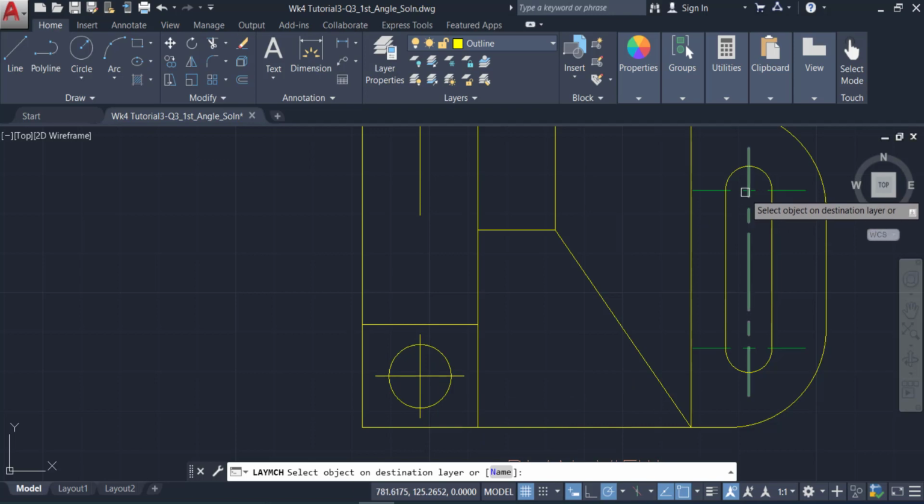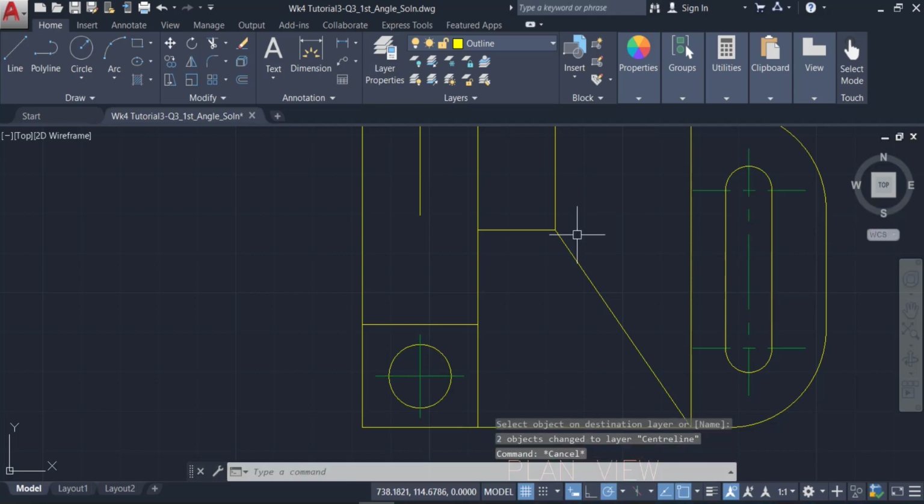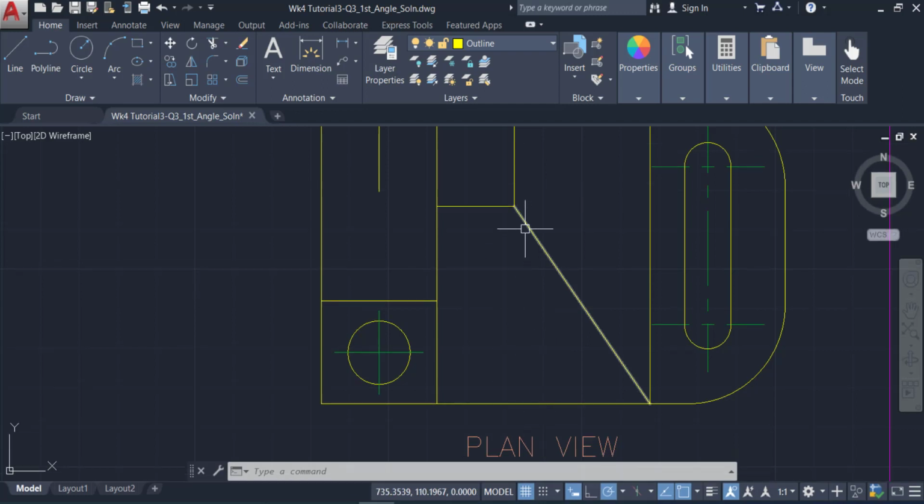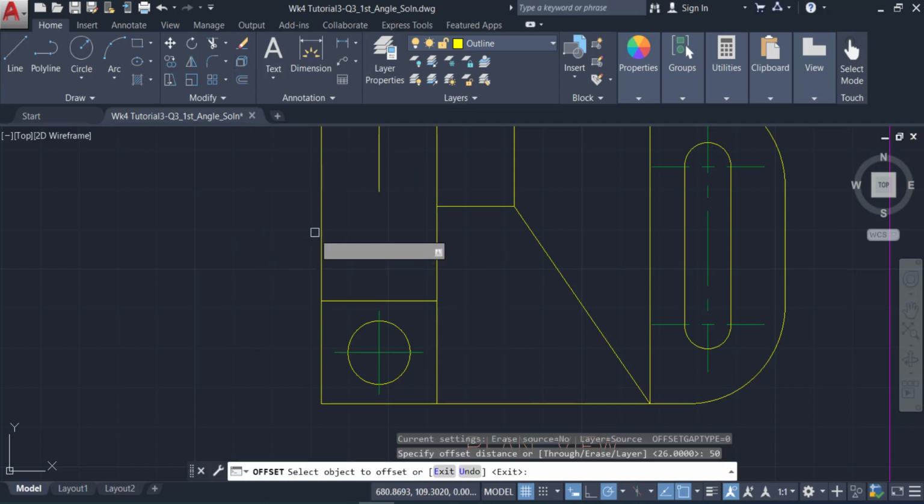Match layer to center line. Okay. Next one, I'll be creating the rectangular, or rather a straight edge here, to match the item shown in the diagram. It says the line is 50 mm away from the left edge. So offset 50 here to here,